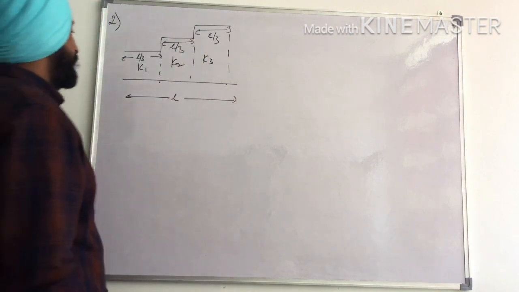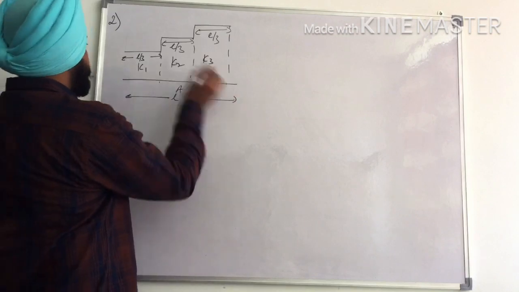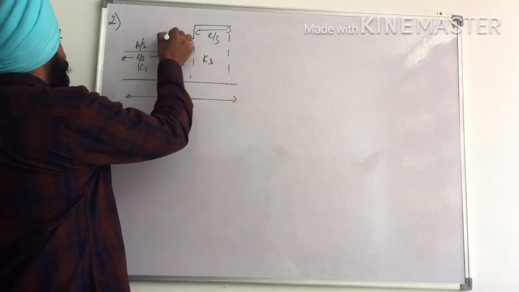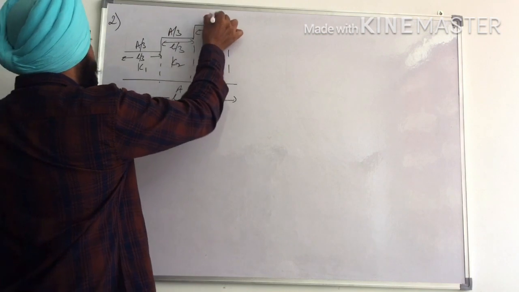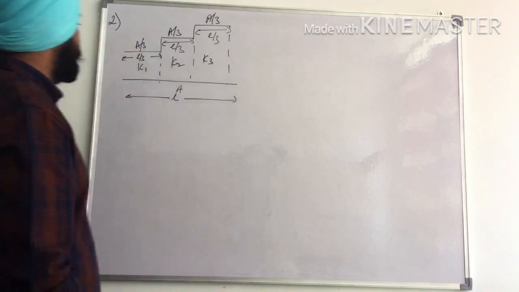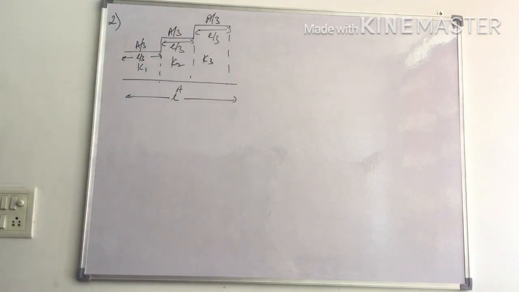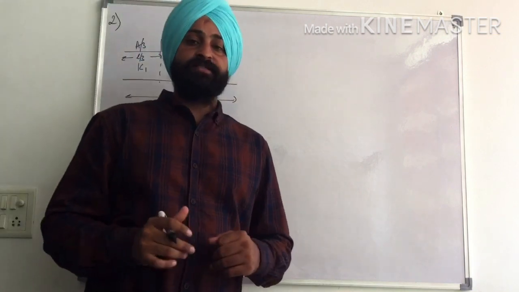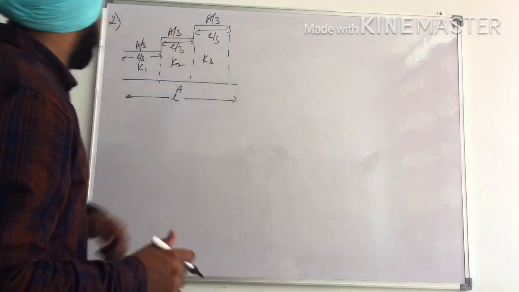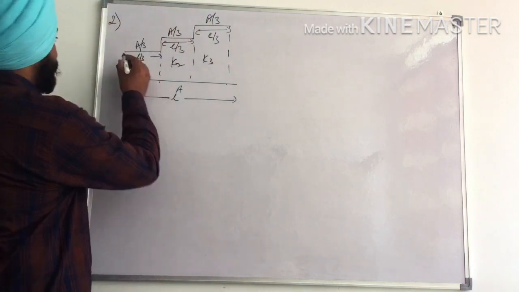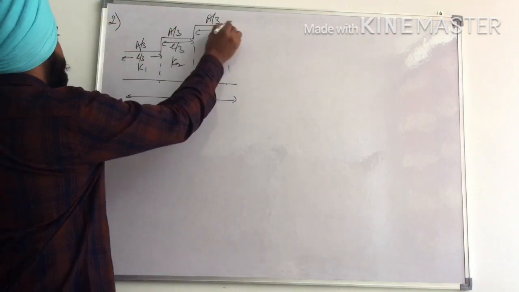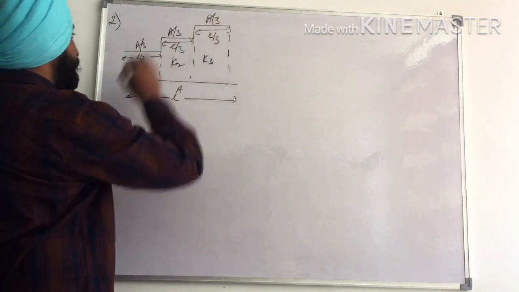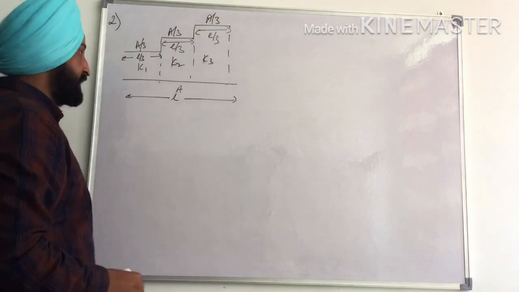And area of plate is of course A over here, and here it will be divided into A by 3, A by 3 and A by 3. Fine. So now we have to calculate the net capacitance of this circuit. To calculate its net capacitance, firstly we know that the potential over this complete kind of plate, a zigzag kind of plate, will be same.